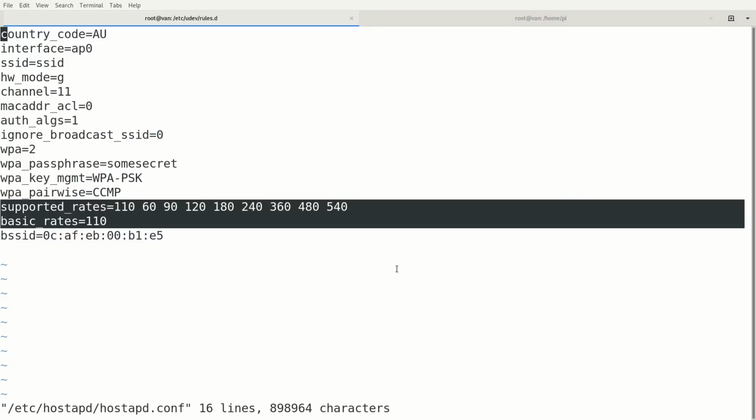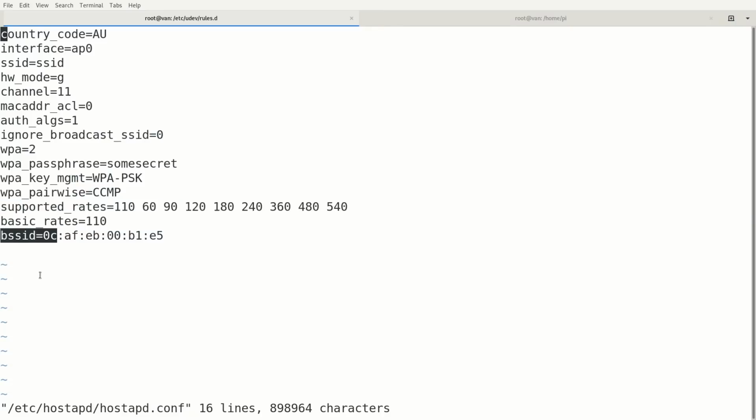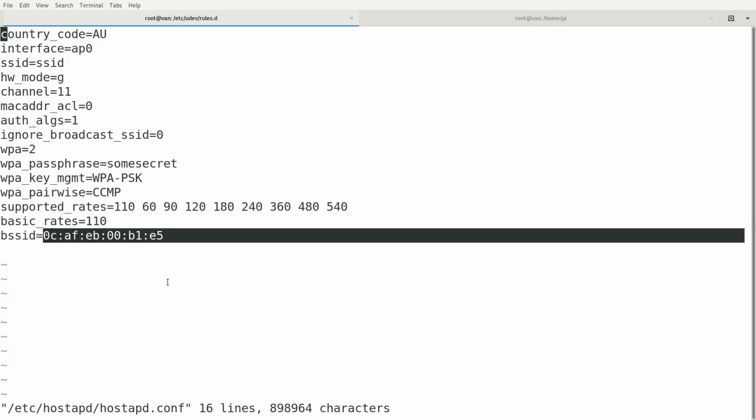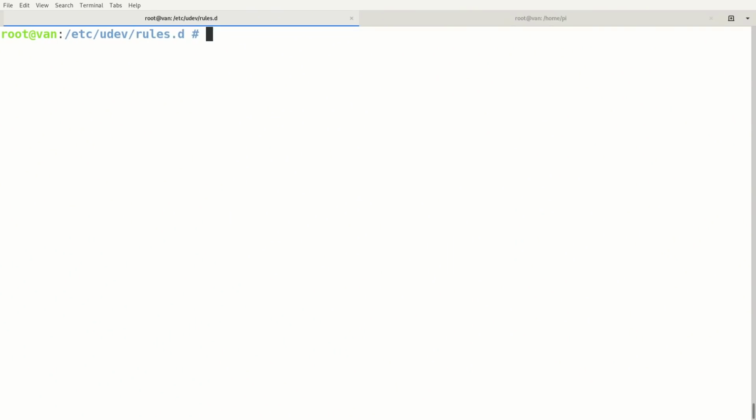So that's just that. And the BSSID is the MAC address that it will broadcast. So you can pick something you want there. I've just happened to pick that. And that's about that. Okay, next thing is the config for when this is a wireless client, for when it connects to another AP. So that is in /etc/